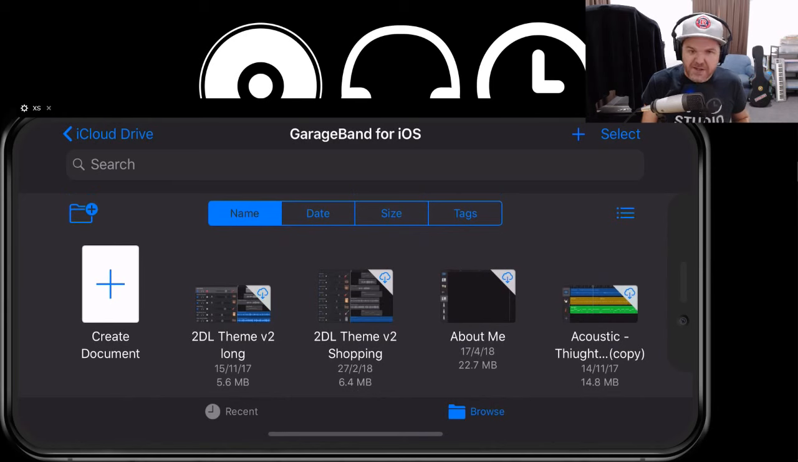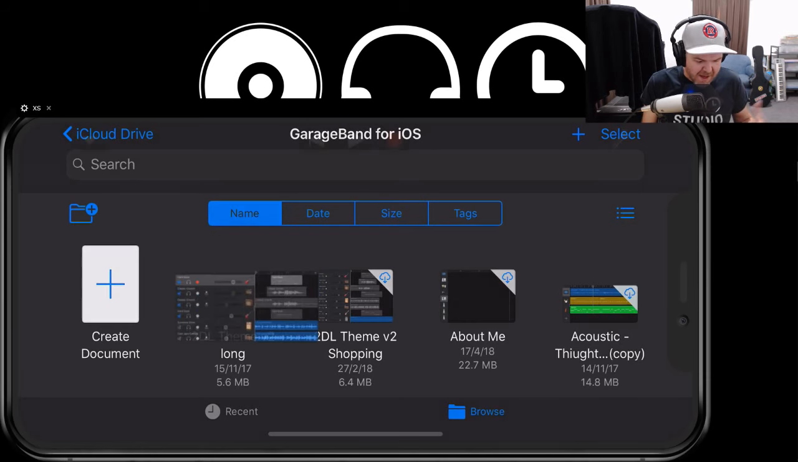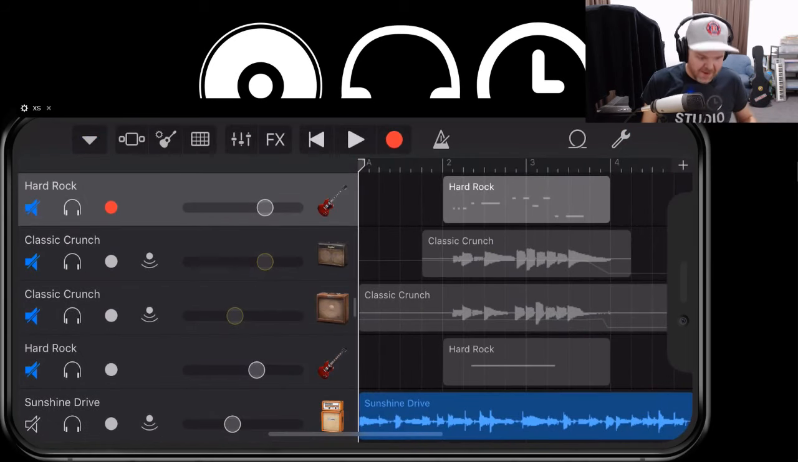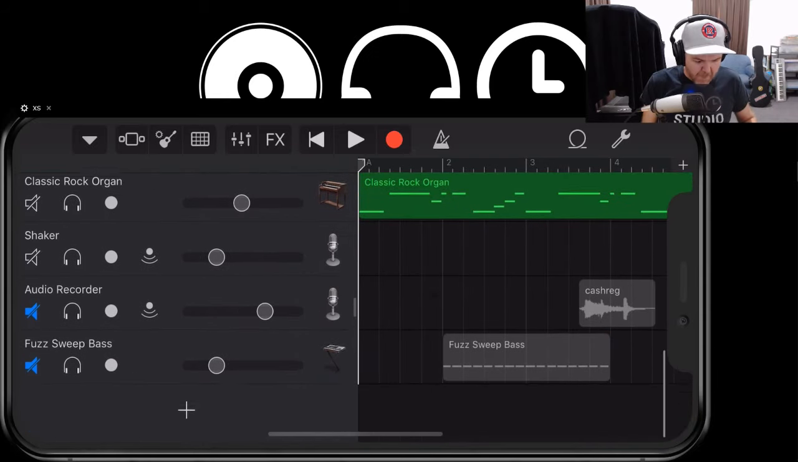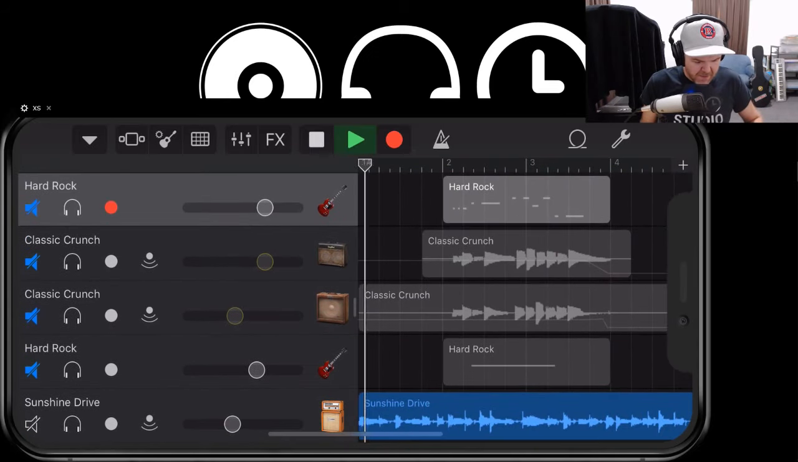Now, the ones that have the little down cloud icon there are ones that I don't have on this device. But if I want this theme song on my device, I just tap on it and it starts downloading. It downloads directly to my device, and now it'll pop up and there it goes. So it's ready to be played. And if I hit play,